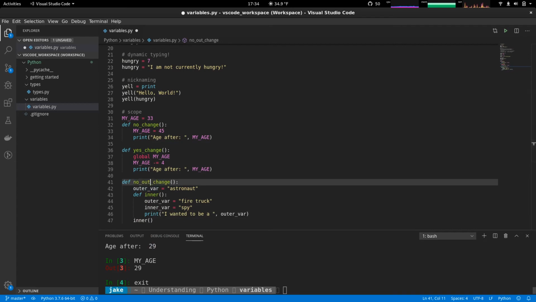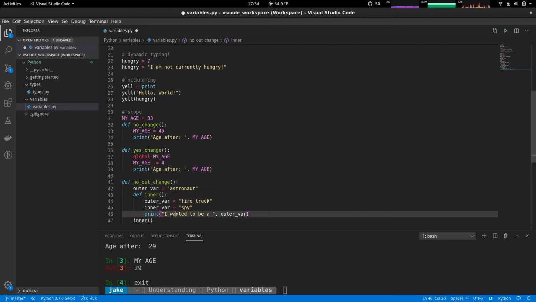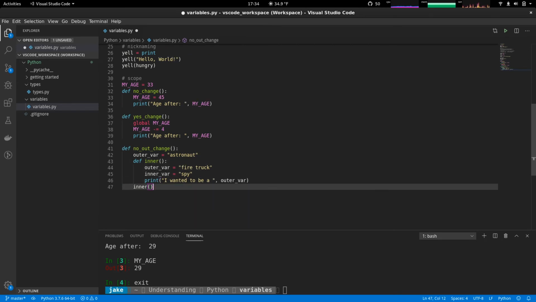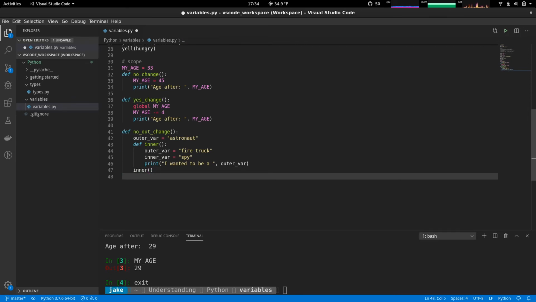So much like we did down here where we called yesChange when we were outside of the yesChange function, we need to do the same here so that this method right here actually gets run. So we're going to call inner, and then down here we're going to say print